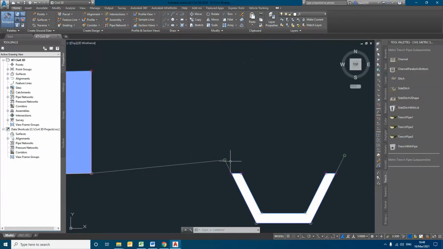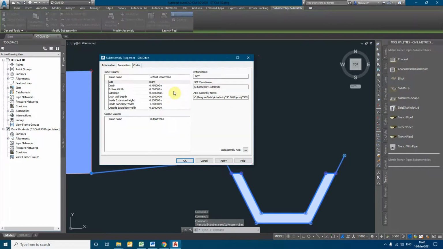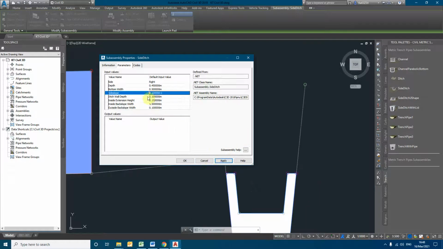So we are simply using the side ditch subassembly properties. Maybe just zero extensions.